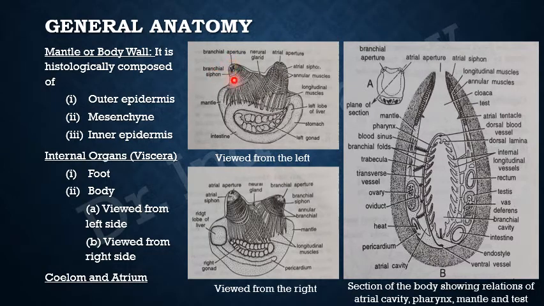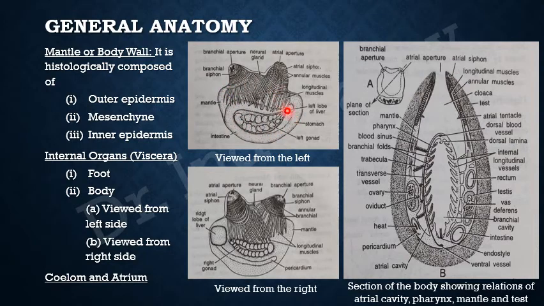which are lodged on top of both the siphons, branchial siphon and atrial siphon, and these siphons are aided with lots of circular muscles. These muscles are known as the annular muscles. These are the atrial annular muscles and these are the branchial annular muscles, and there are muscles running from the tip of the aperture to somewhere in the middle of the body on both sides, and these are the longitudinal muscles. Here it is written, the longitudinal muscles. And this whole part of the body is covered by the pharynx.